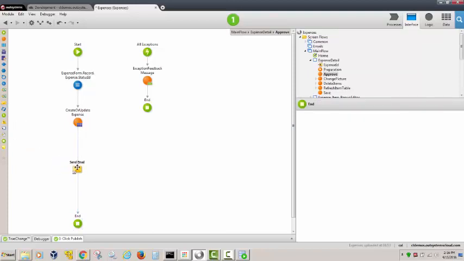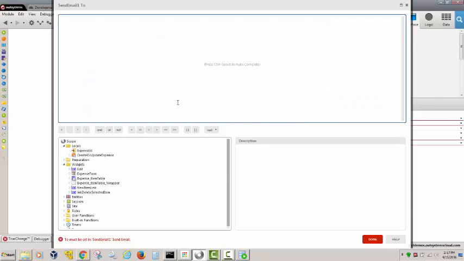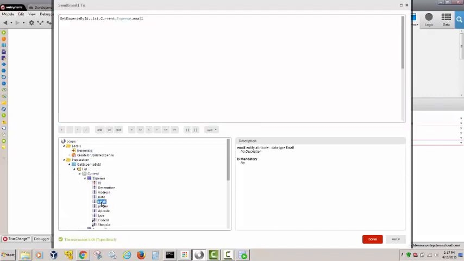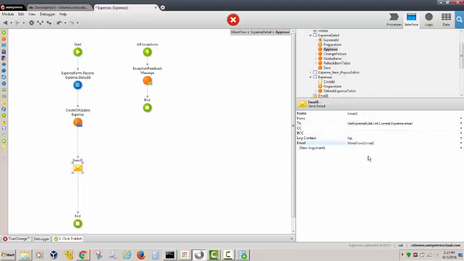So I'm going to put an email here, and it's asking who I want to send to. So I can look in here. Part of what I have in that preparation that gets me the expense is an expense record, and the user has an email, so I can use that email. Now it's asking for an email template, which I don't have, but I can create one. So I'm going to create a new email,